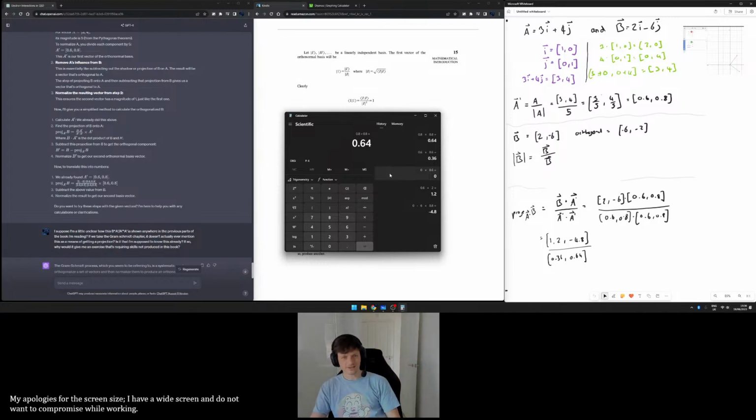Negative 6 times 0.8 is negative 4.8. And then it says times by a, which equals